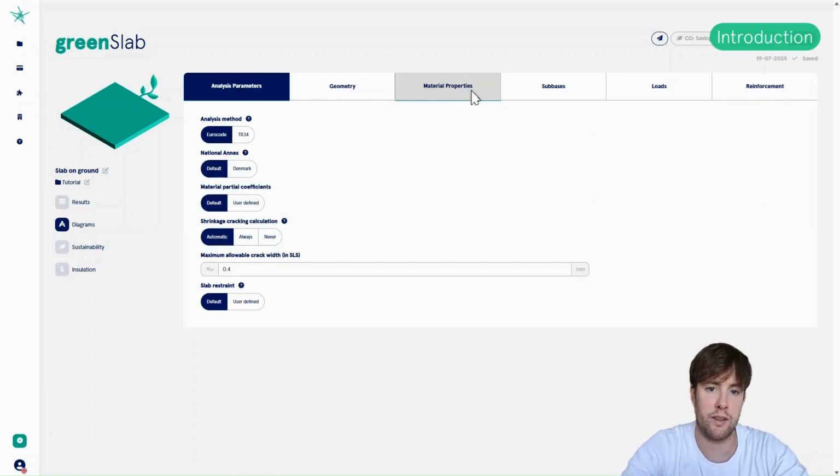The reason that these two already have a green line under them is because we have chosen some default options to make the process a little quicker. I myself like to just take it from the left to the right, so from analysis parameters to the reinforcement.